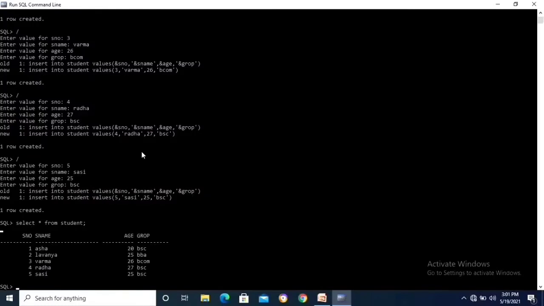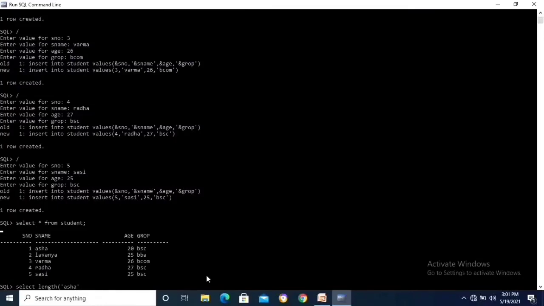First, the length function. The length function returns the length of the input string. So the example is select length of Asha. My string name is Asha. Asha is inserted in the student table. If you look at this table, the first student name is Asha.